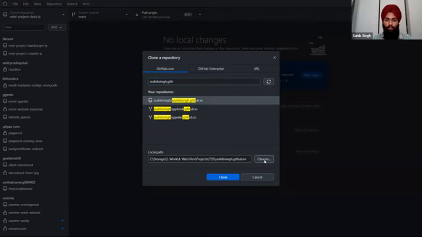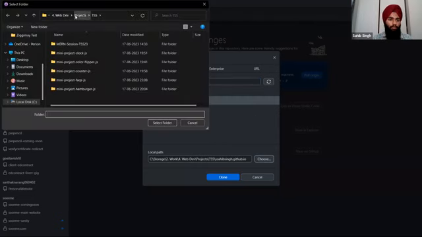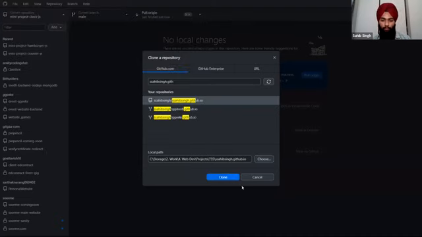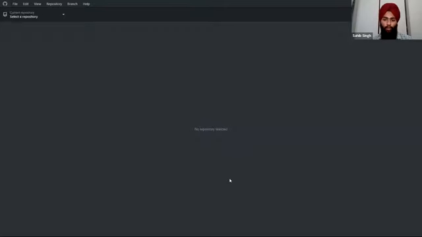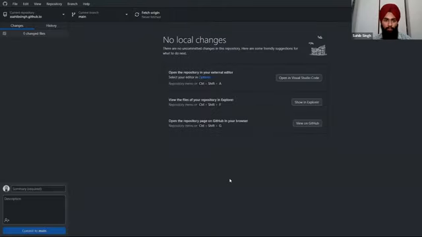This worked. Let's see. Yes. Let's do it over here. Clone. So like this, we can clone any website from GitHub or anyone else's GitHub that is